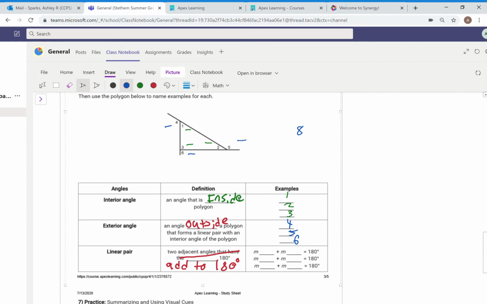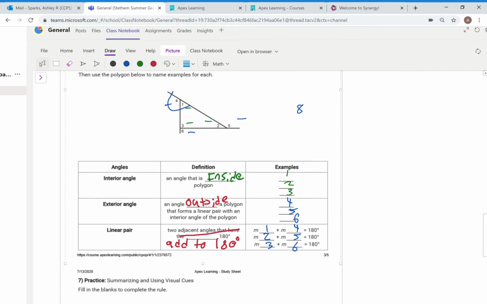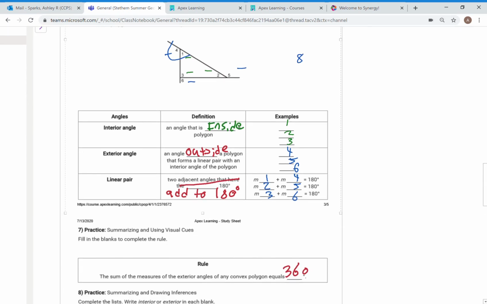And what we know is that they are linear pairs. So I know 1 and 4 add to 180. I know 2 and 5 add to 180, and I know 3 and 6 add to 180. So a little bit of review. But we can also have exterior angles with our polygons. And the rule for polygons is,